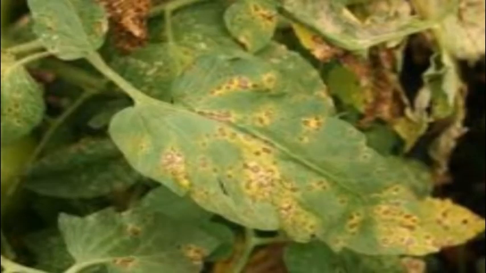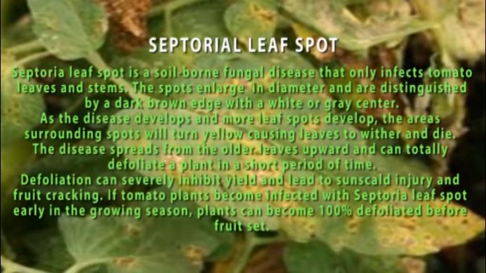Septoria leaf spot. Septoria leaf spot is a soil-borne disease that only infects tomato leaves and stems. The spots are large in diameter and are distinguished by a dark brown edge with a white or gray center. As the disease develops and more leaf spots develop, the areas surrounding spots will turn yellow, causing leaves to wither